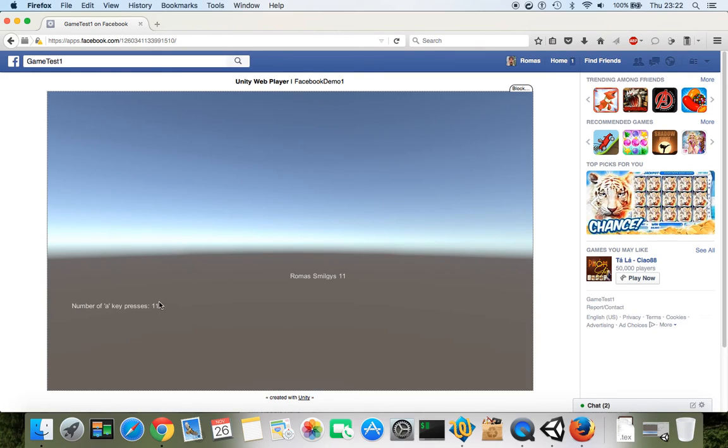And I see also that I loaded that scores are now 11. So it means that I'm starting up my game at a different time with the previously made progress, and I can continue playing with this score. So basically what we have now,